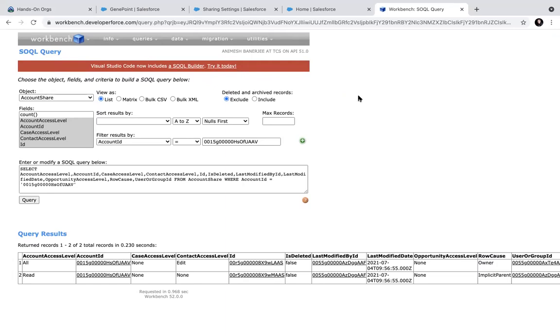Territory management is also automatic sharing. It's an advanced topic. We'll not cover that. If you write code for pages to show records for non-owners, that can also happen without sharing. You have to use it. Again, that is for information. We are not covering that. For admins, not needed.